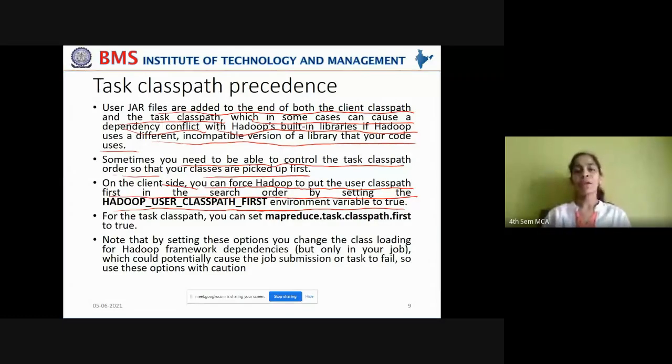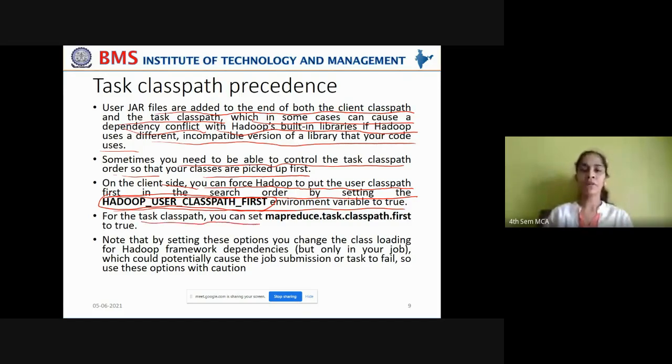By setting this environment variable, you can make the user class path, which is compatible enough with Hadoop's built-in libraries, take priority for that particular execution of the job. Right? You're giving priority to the user-entered class paths.